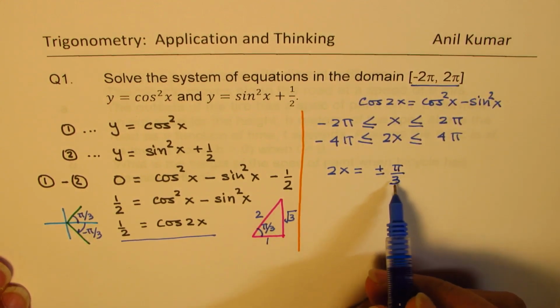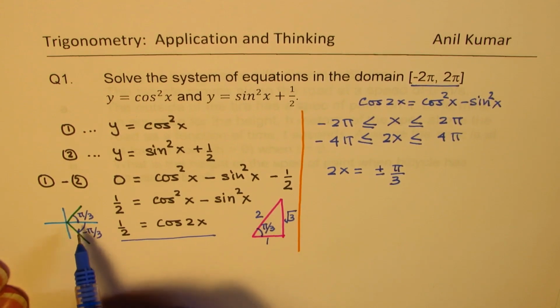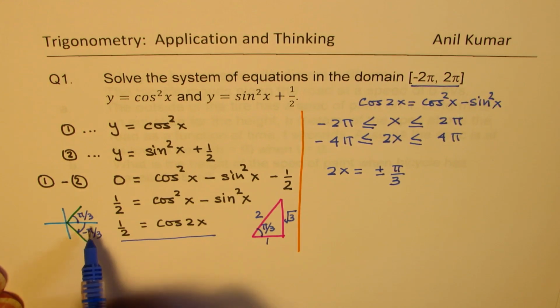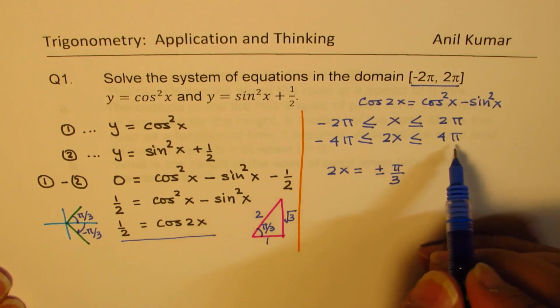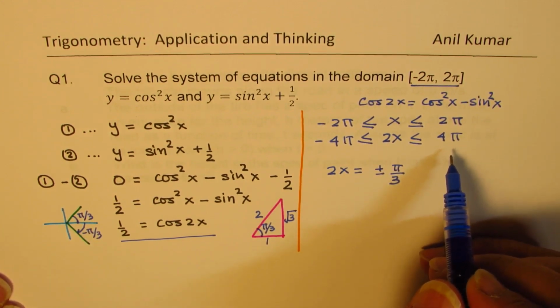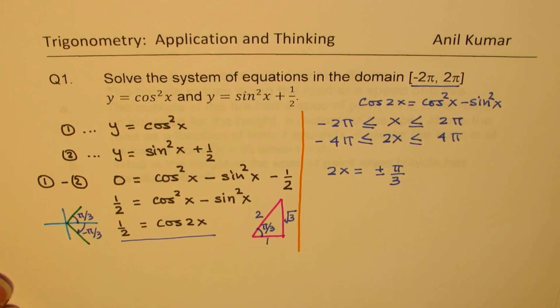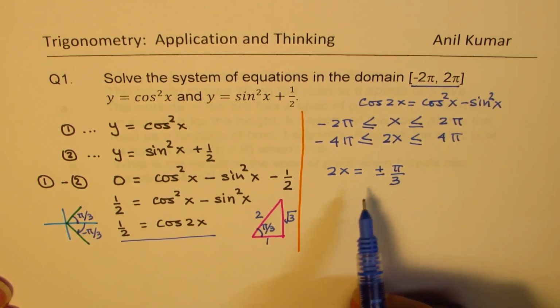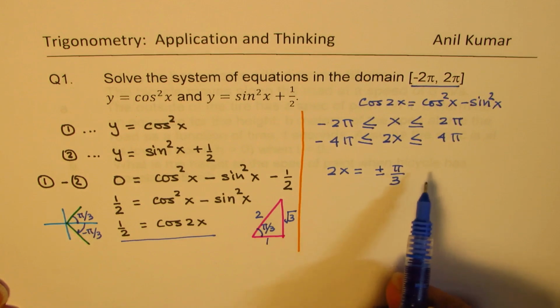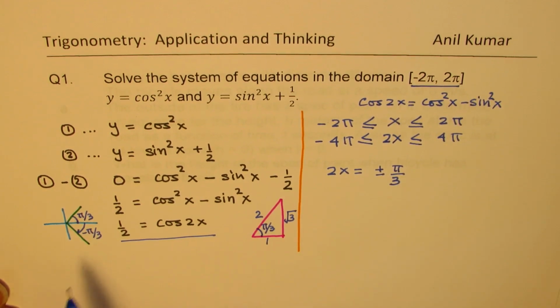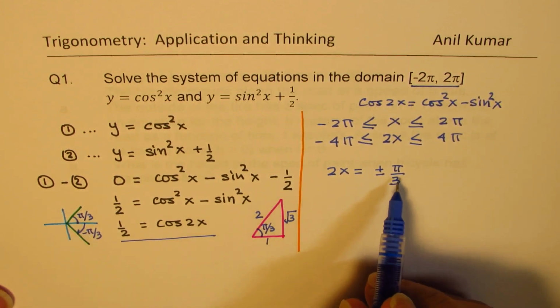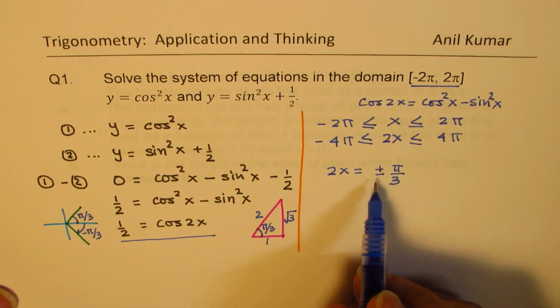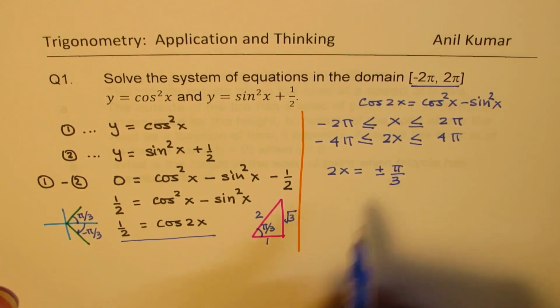Now this value of plus minus pi by 3 is when you're looking into the domain which is between plus and minus pi, right? But the domain here is minus 4 pi to 4 pi, correct? So what should we do? Well, we need to add 2 pi to each term, right? Okay. Also look at it in this fashion. If I add 2 pi to this, it is plus and minus. So in that case,